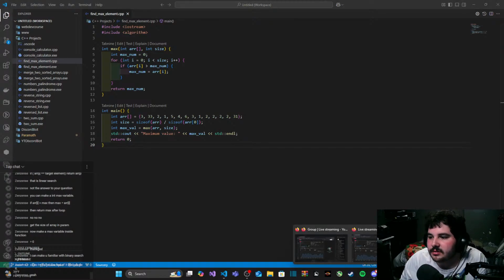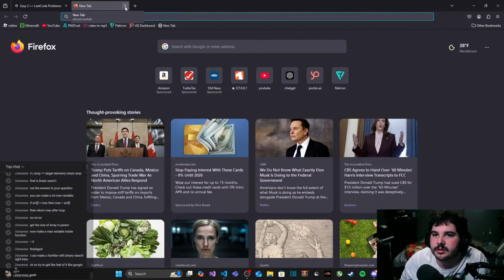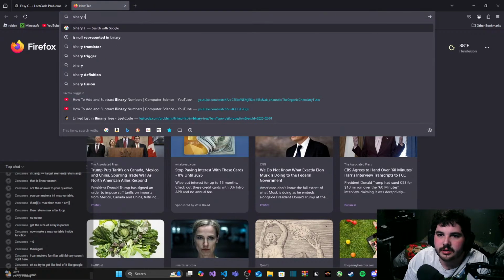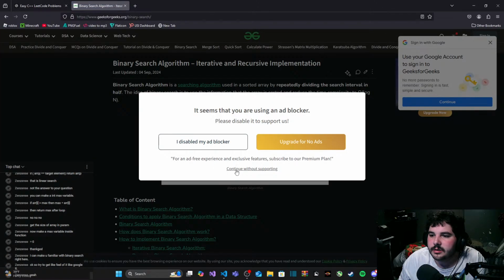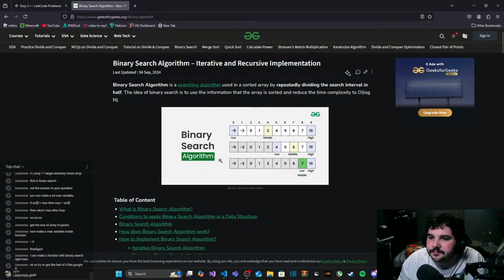Okay, binary search. O of log n. Isn't O of log n bad though?